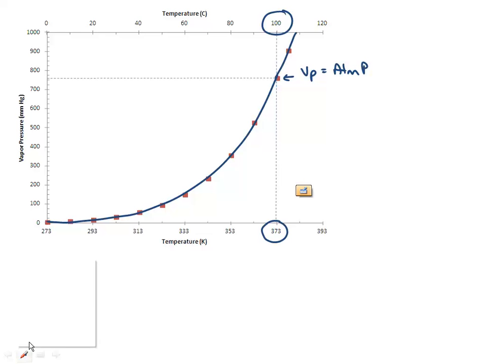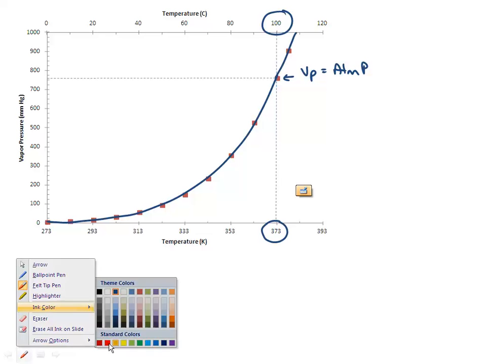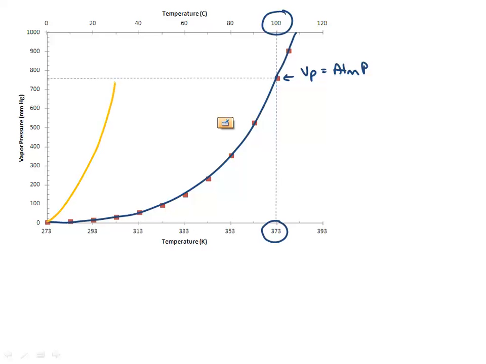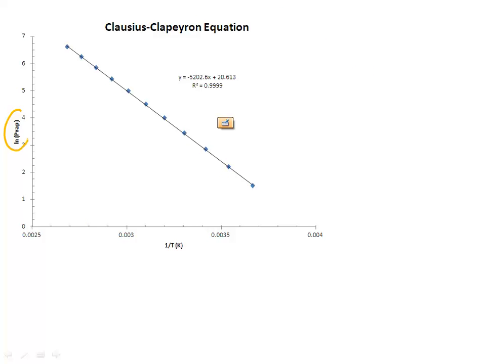And if I had wanted to, and not to overload the graph, remember that we can also say that there was our ether line, and we can sketch one in, and that would have ended up being our ethanol line. And then if I instead plot natural log versus 1 over T, then I get a nice straight line, which simply says delta H of vaporization